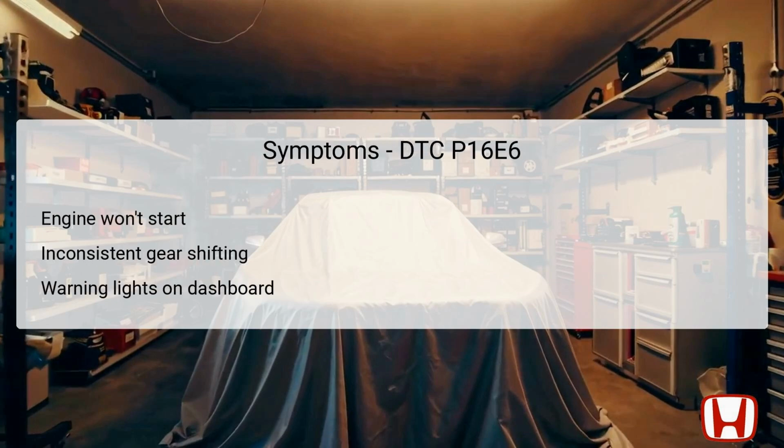When DTC P16E6 is present, several symptoms may manifest, indicating trouble with the transmission range switch circuit. A primary symptom is that the engine may not start at all, often due to incorrect signaling from the transmission range switch. This may cause confusion when trying to start the vehicle, leading the driver to think there is a